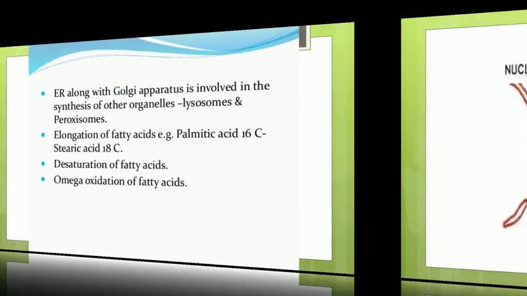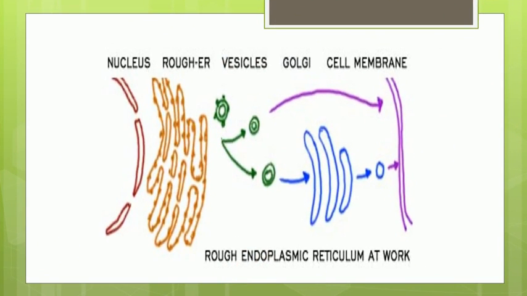So let us see how this endomembrane system works. So you have this nucleus to which rough ER is attached. From this rough ER arises the smooth ER. So whatever proteins and lipids are synthesized in the rough and smooth ER respectively, they will travel in the form of small vesicle-like structures, and these vesicles will carry these proteins and lipids. They will go to the Golgi complex.